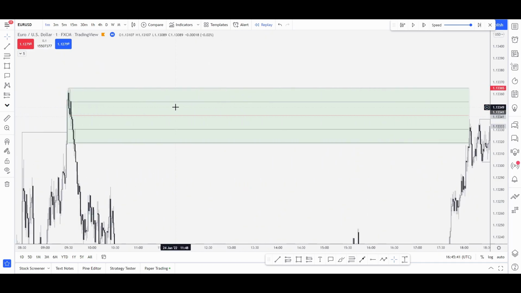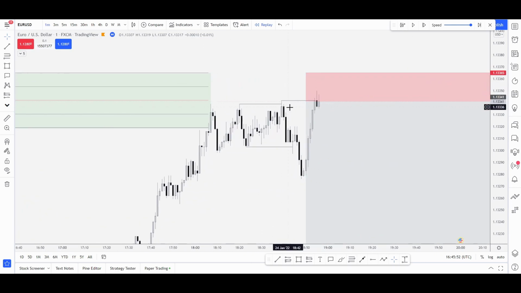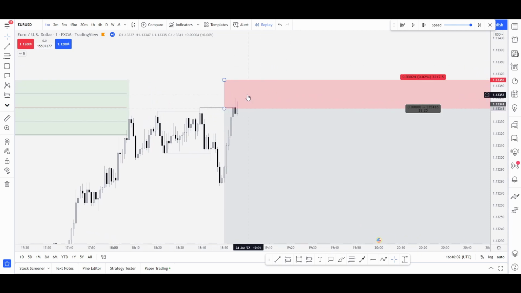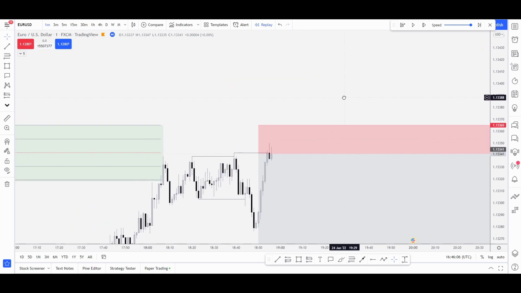Based on our 1 hour analysis, we're expecting price not to go any higher than this. It might do, and if we do, we're going to be out. No problem, that's fine, there's plenty more opportunity out there. But I'm pretty certain at this stage that price is going to continue down. Even though I've gone into the red a little bit, I'm almost halfway into my risk level. But I'm expecting price to continue down, because quite often what happens, especially when you've got a bit